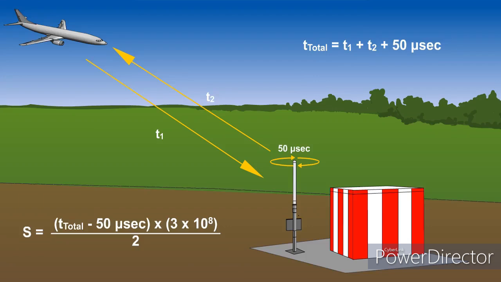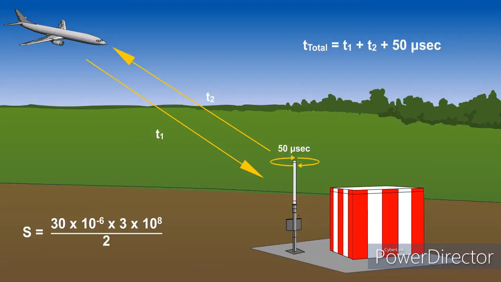The airborne equipment measures the time interval between transmission, T1, and reception, T2, of each pulse pair. The 50 microsecond delay at the transponder is deducted from the total. Using this time interval and the known constant speed of propagation, it determines the slant range of the aircraft from the responder. If, for example, the transmission times of T1 and T2 total 30 microseconds, we convert microseconds to 10